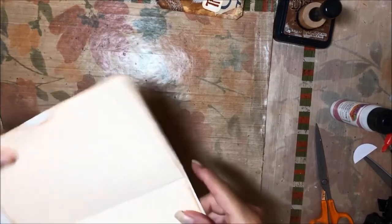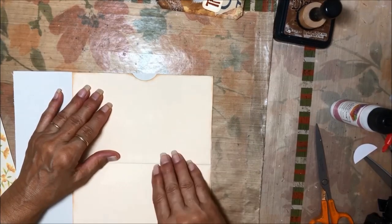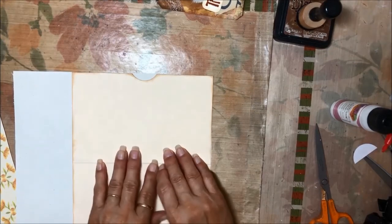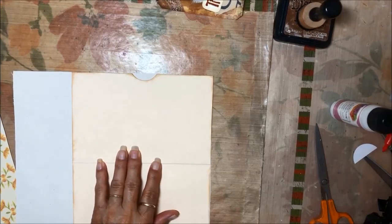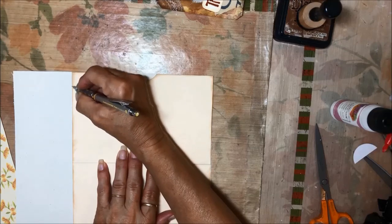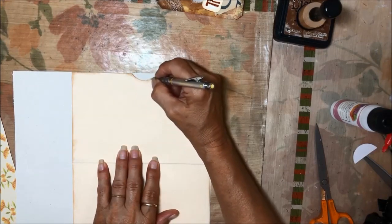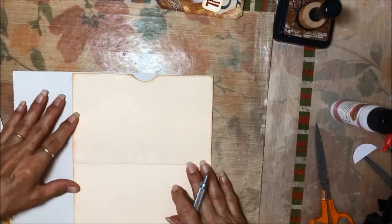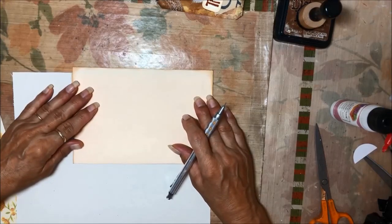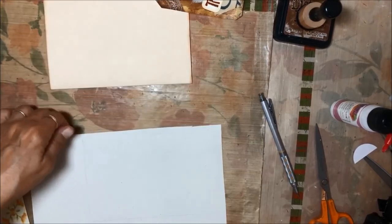So for me, the easiest way to do that is to go ahead and line it up. I could measure and all of that, but I'm going to cut it just a hair short. So I'm going to mark it, and then I'm going to cut inside those lines. Okay, so I know I need to go to there, and I know that my thing is right there. Okay, and my line somewhere around there. So I'm going to cut right inside of those lines